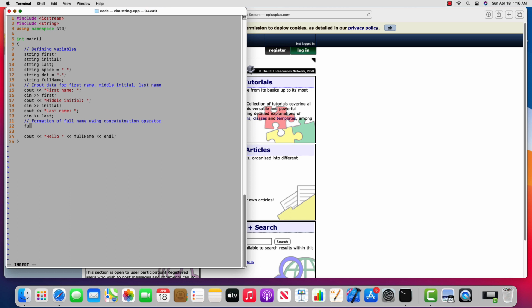Okay, so here's how we will assemble the full name variable. We say first, which is a string variable, plus space. And so plus is the concatenation operator for the string class. So whatever is stored in the string variable first, and whatever is stored in the string variable space, which happens to be a space, is going to be glued together and returned and stored in full name. And so now I'll say initial, and I'll say dot space